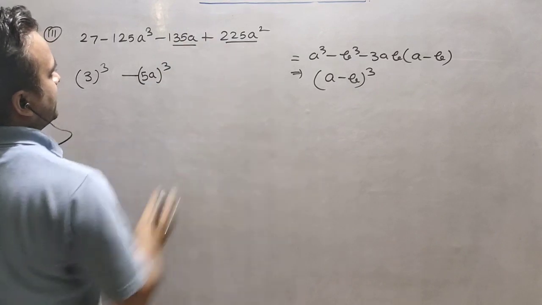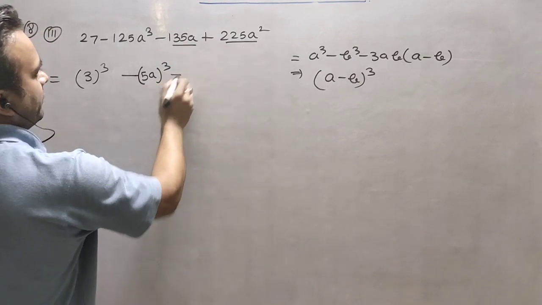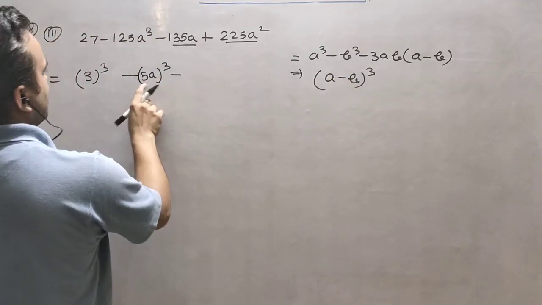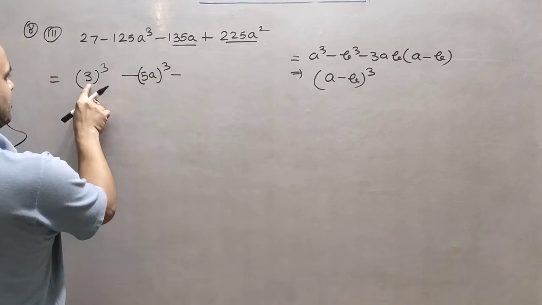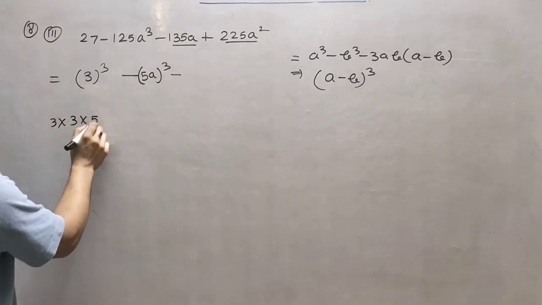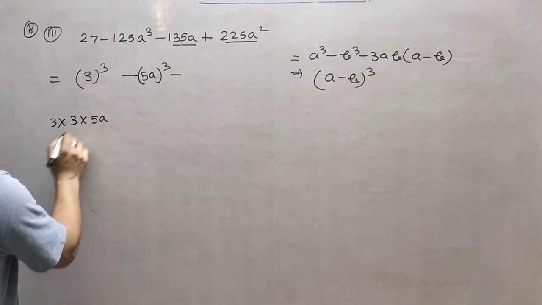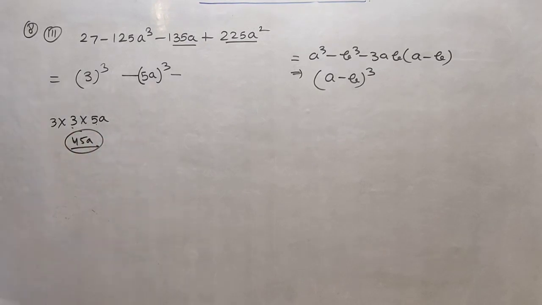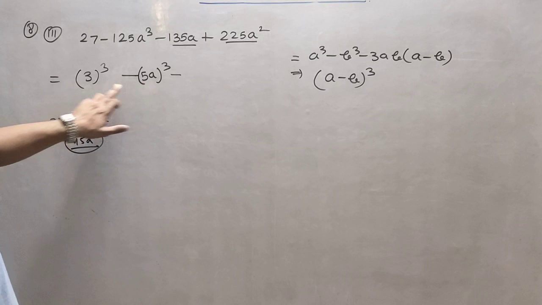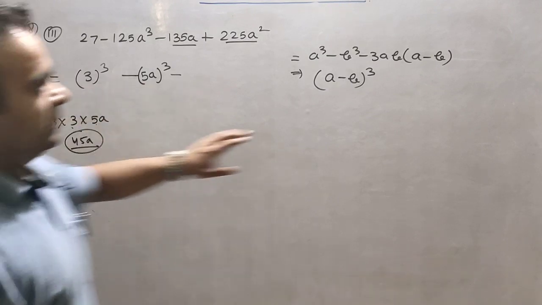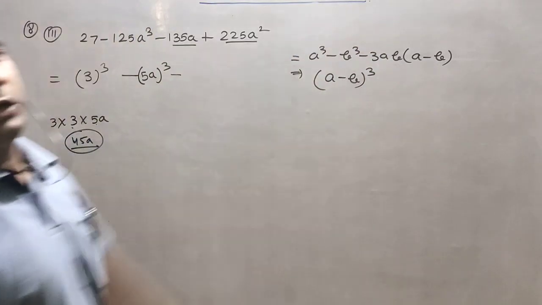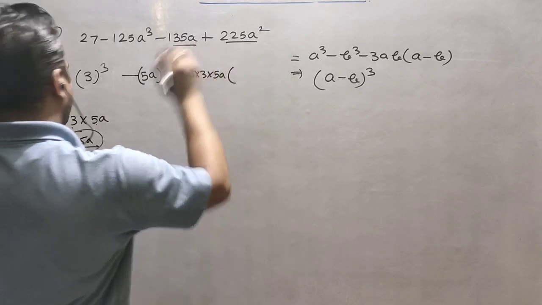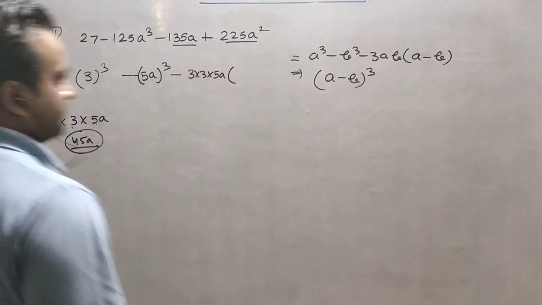Now what is common here? First of all, we have to take minus, because minus according to this identity. And what is 3ab? Means 3 into ab. So 3, what is a? 3 and this one. So it means 5 threes are 15, 3 is 45a. You have to take a common in this. So these two values, by these two values you can decide, and by this 3, which part you have to take common. So it will be 3 into 3 into 5a. You have to take a common, right, from this.